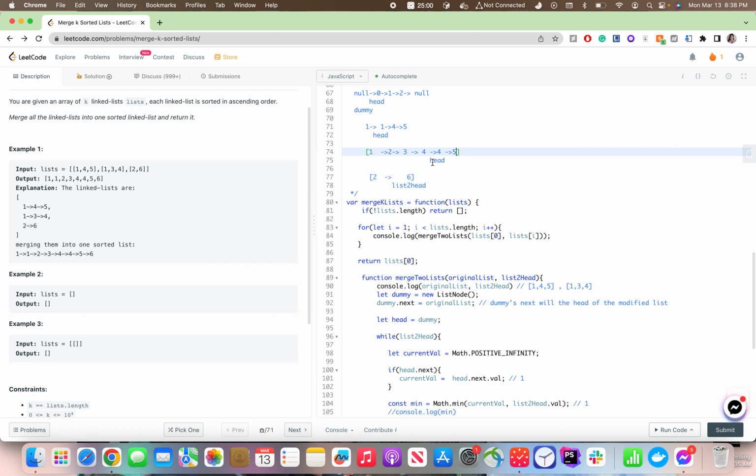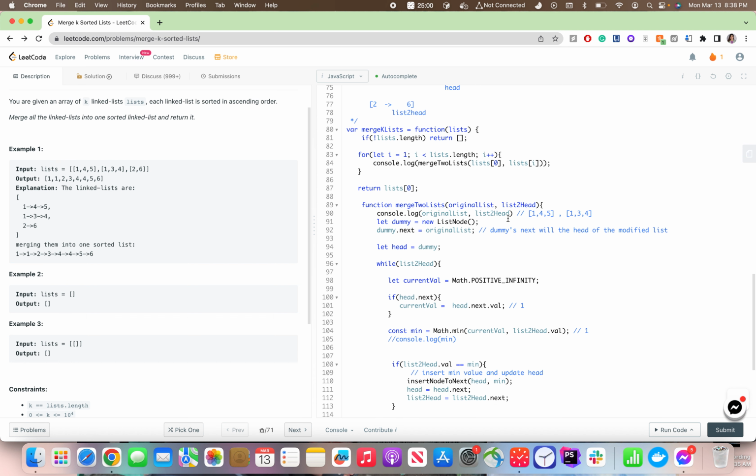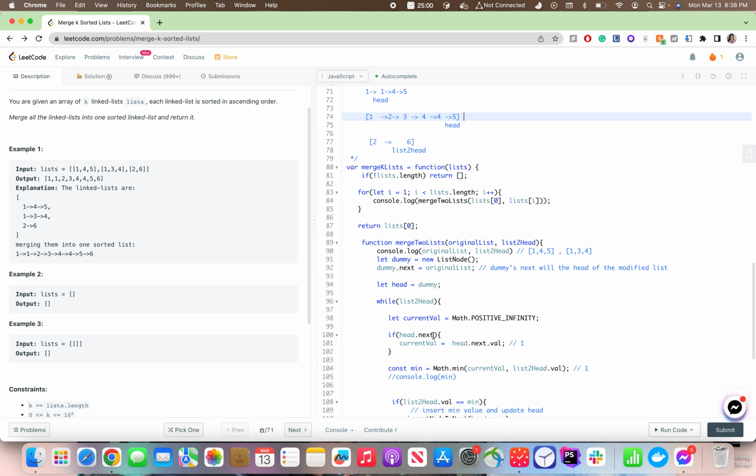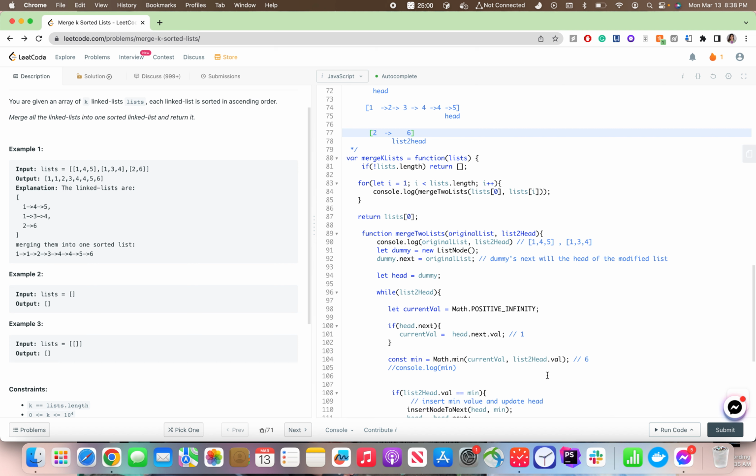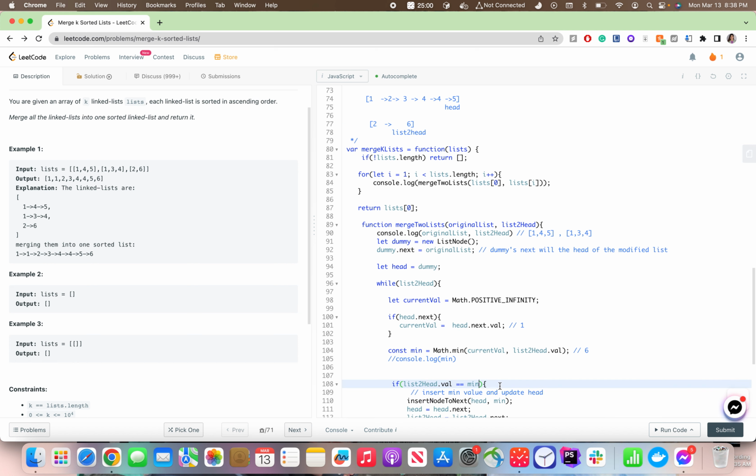So 5 is the minimum, so it will be updated, and the next value will be null here, right? So current value will be equal to Math.POSITIVE_INFINITY, and minimum will now be equal to 6 because this is the value. And since the value is equal to minimum here,